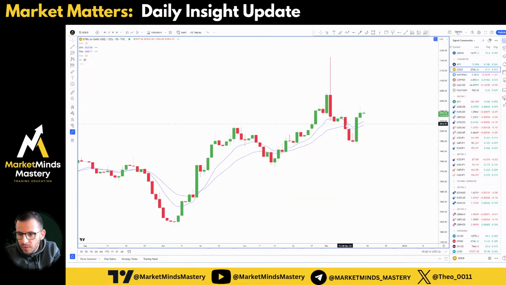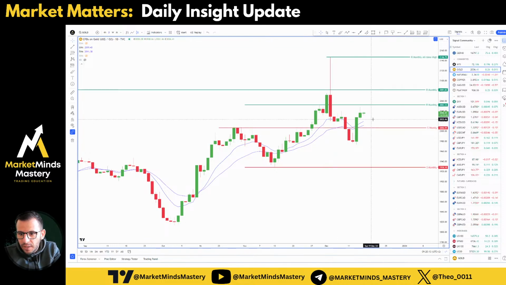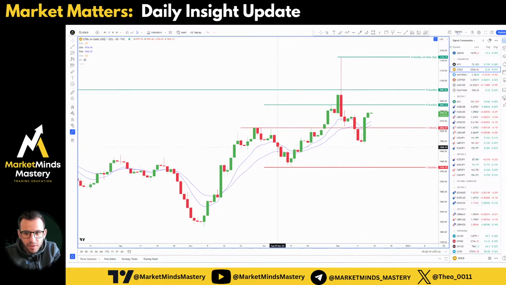So let's move on to the next one. Here is the gold. Price is still trading above the 9 and the 20 period moving average on the daily chart. So we expect it to continue moving higher, and this resistance here